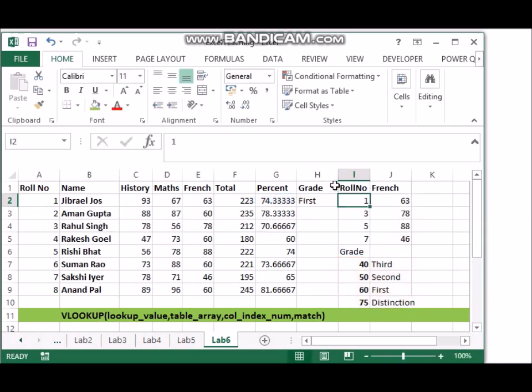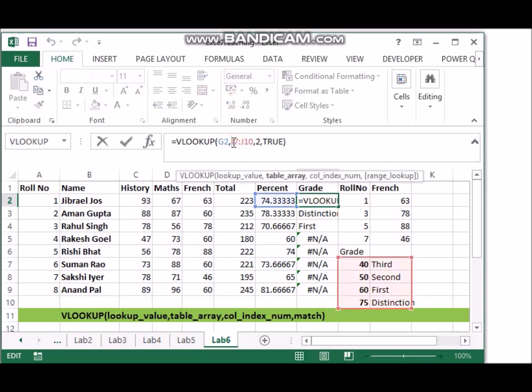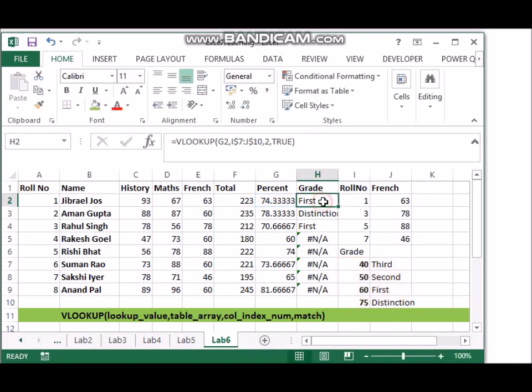I close this. And when I pull it down, like last time, you will notice there are NAs happening. So what we need to do is put a dollar after I and before 7, $I7, J $10. And now when I pull it down, the grades are there. Distinction has been given to somebody who has got above 75.